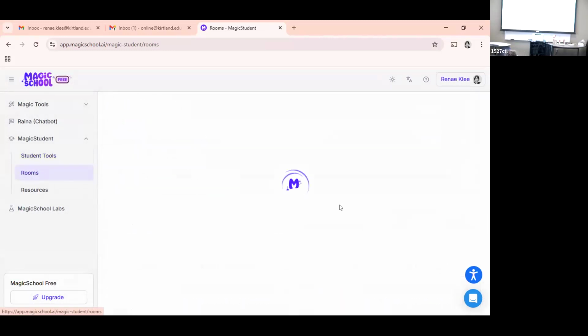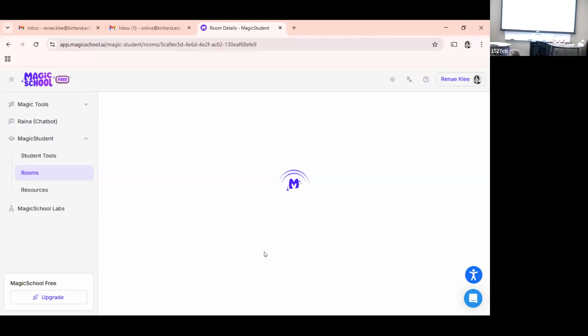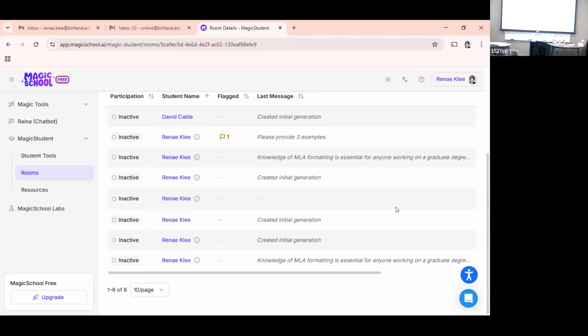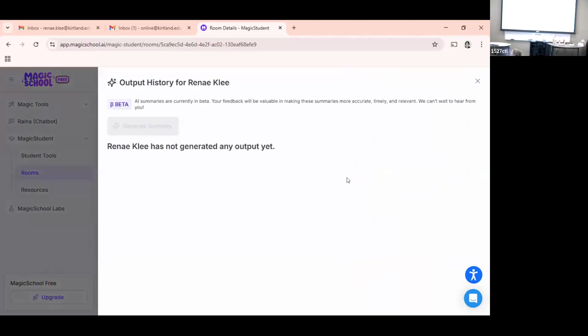If I go back into some of these other rooms that I created, I created one for language help. I had initially just put in my discussion prompt to see what it would do. I was thinking, if I put in this prompt, is it going to answer the question for me? And it said no, it appears this is your discussion question. Please answer the question and I can provide you with more robust feedback. So there's still things in here that work as a kind of cheating prevention, I suppose.